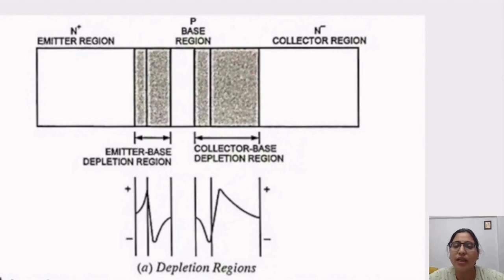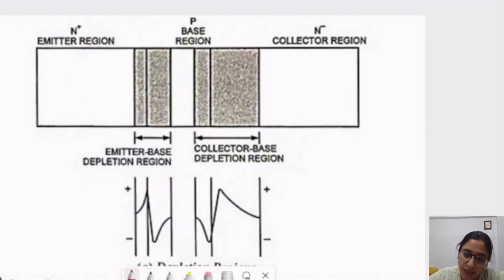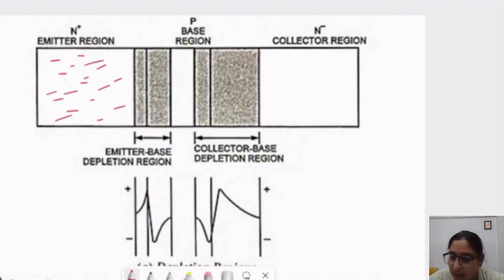In this class, we will study the energy band diagram of a transistor, and we will also discuss the biased and unbiased conditions and the working of a transistor. Now, this is the diagram of an NPN transistor. Here we can see that the emitter region is doped with N-type impurity and the emitter is heavily doped, so more electrons are there. And in the collector, few electrons are there because it is moderately doped. And this is our base region, which is doped with P-type impurity. So, this is the basic electron and hole configuration in an NPN transistor.